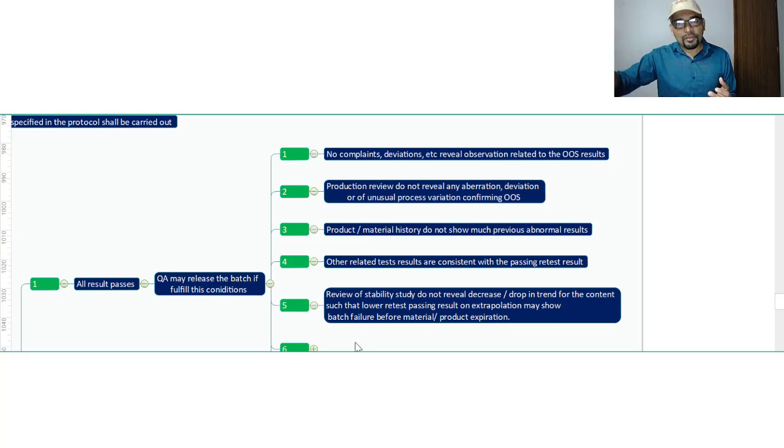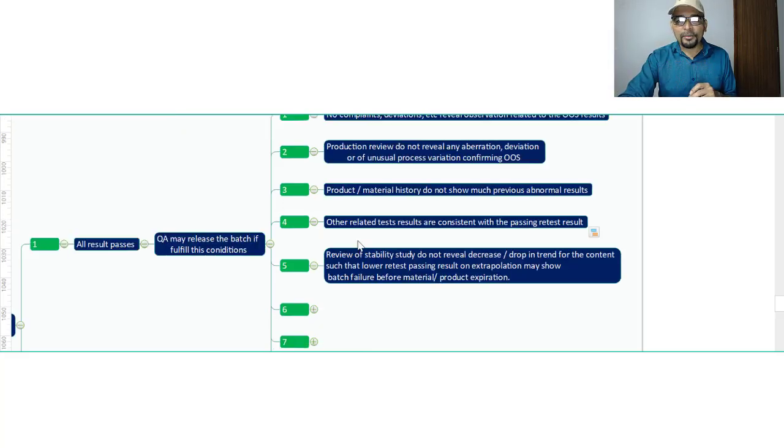At 6 months, 12 months, 24 months, do we find a decrease in dissolution? If that is the case, then you are in an alarming situation. But if you do not find any decrease in the trend during the stability study, then that probably indicates that we will not have an out of specification result at 24 months, 36 months, or at the end of the shelf life. So this point is also very important: understanding the trend of the particular test result and then taking the decision by extrapolating, visualizing what will happen if this is today's result.